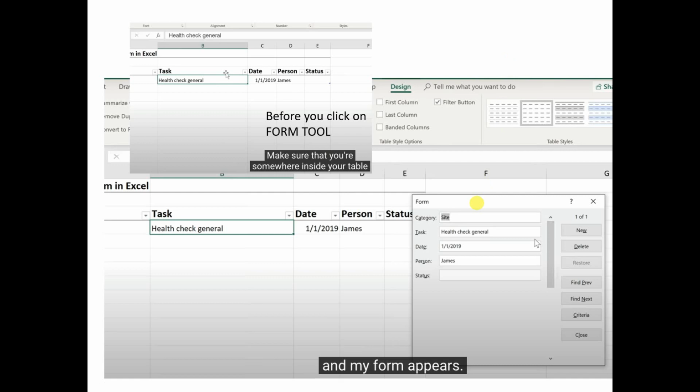Now I should have said, before you actually click on that tool, make sure that your cell selection is one of the cells in your table. Make sure you're clicked down in there. I forgot to tell you that. So before you click on the form tool, like I just told you to do, make sure that you're somewhere inside your table. Click in there, or else it'll come up with an error, and it won't show this